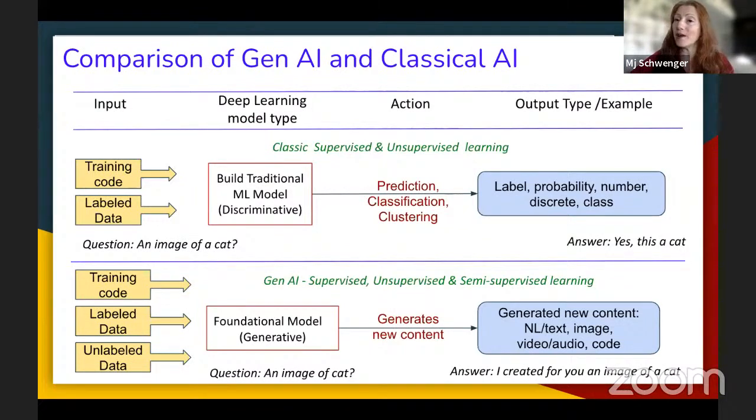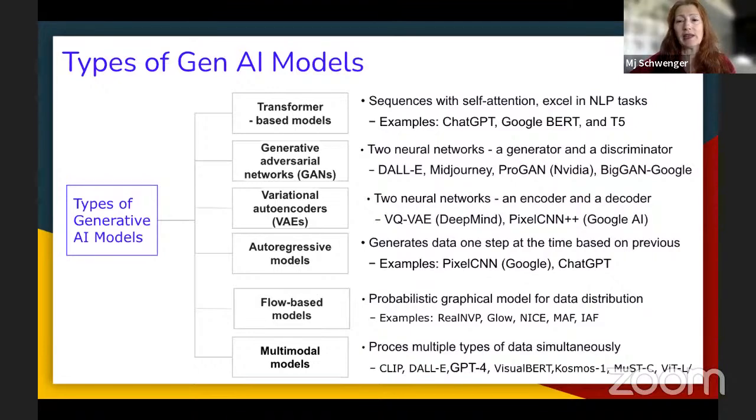The second example is the GenAI way. We still have supervised and unsupervised learning, but we also have semi-supervised learning. We have training code, and labeled and unlabeled data is the input. And the model will generate new content. So if I say, hey, an image of a cat, oh, here is an image of a cat, which is just created by me. Now, it can be blurry, it can be a futuristic cat, but it's still a cat, or what the model thinks is a cat. So the output here is going to be new content, and the new content can be natural language, text, image, video, audio, code, you name it. I think that this kind of makes it easy to understand. And if you have any questions, I'm happy to go back and answer some of them. With that, we can move to the next slide,